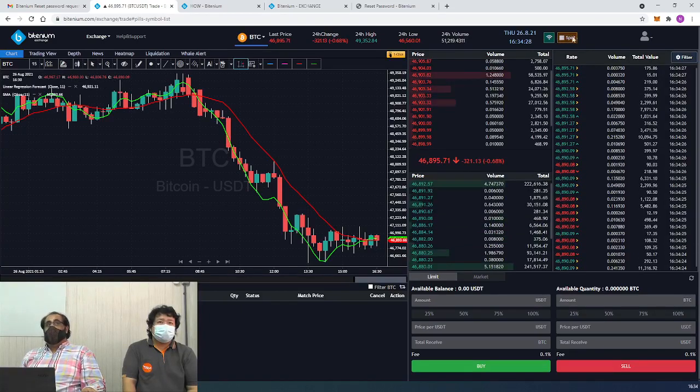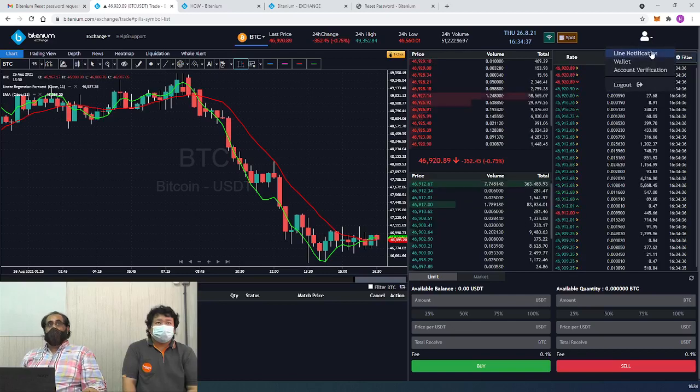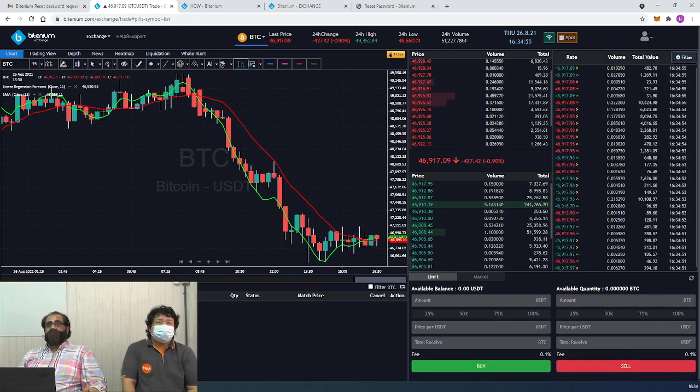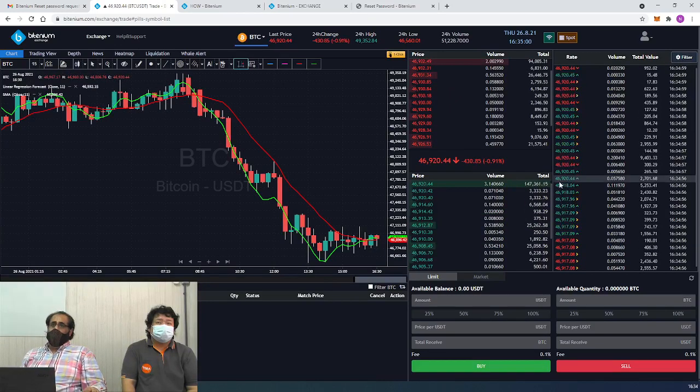Here it shows whether you are on spot or futures or others in the future like options, so you can see from here what you are trading on. Here are a few functions that you need to see: the notification, the wallet part, account verification and all those. If you want to go to withdraw and all those things, just click here. It opens a new web browser and goes to the wallet page where you can start to withdraw or deposit funds.